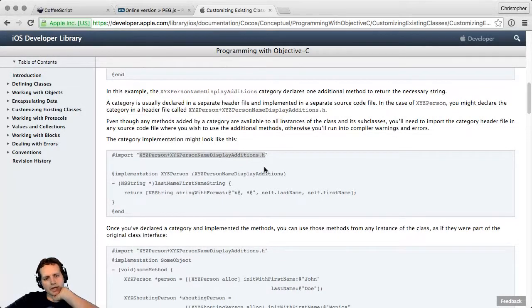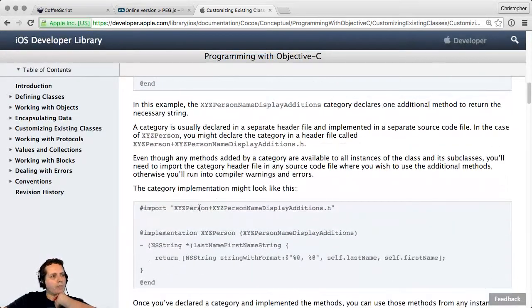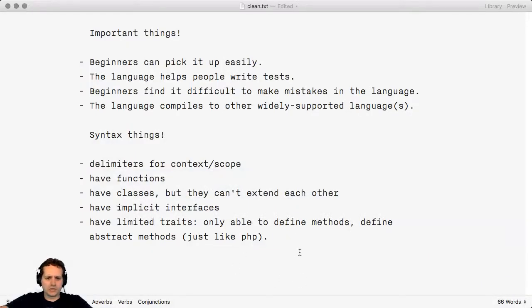Okay, so Objective-C has this monkey patching idea, but it's kind of what I want to go for with these traits. And maybe I want to limit traits to a single method. Maybe that's what I want to do. I totally want to do that.